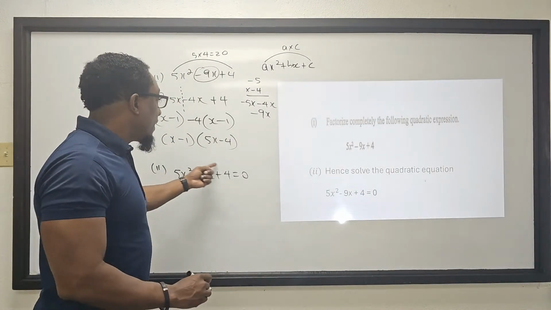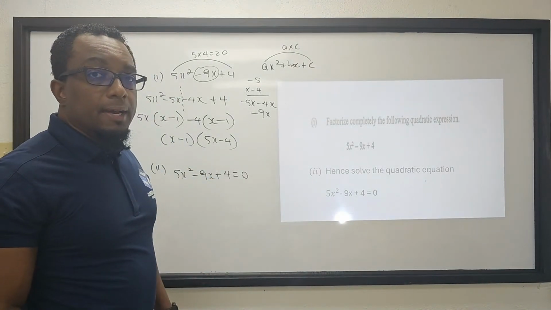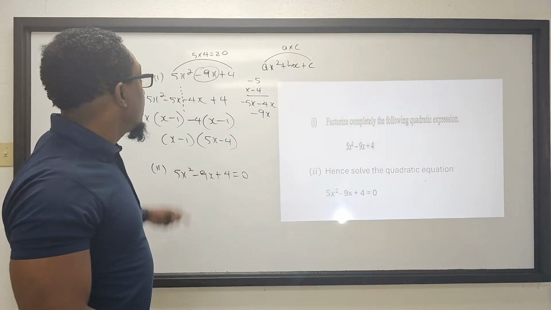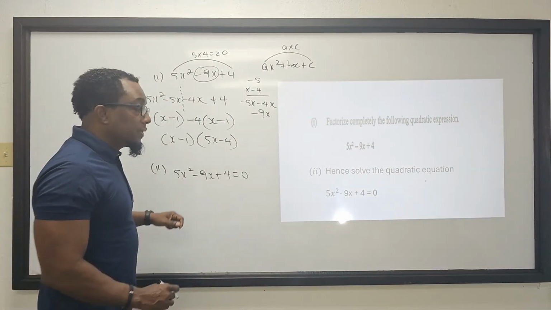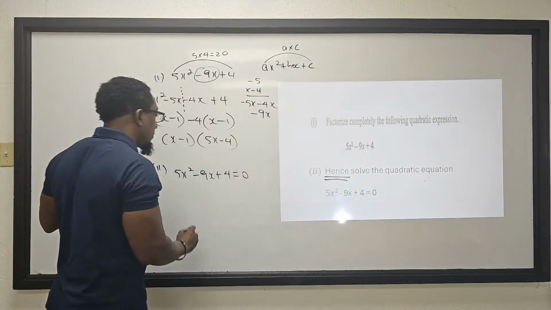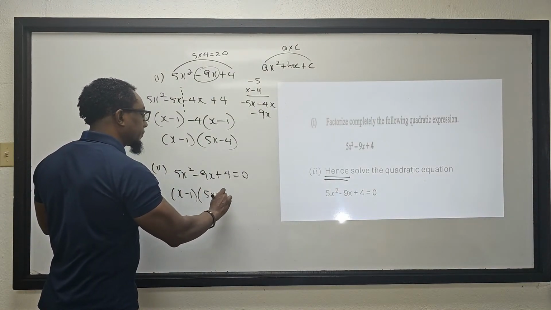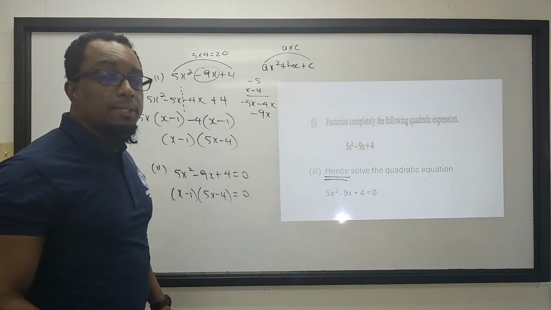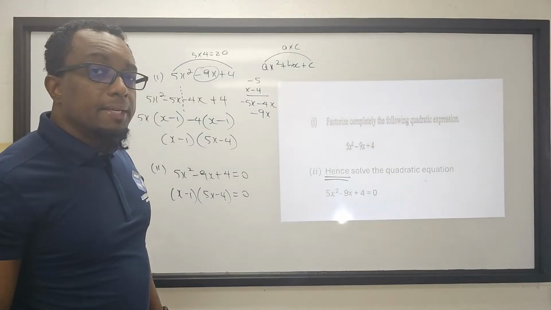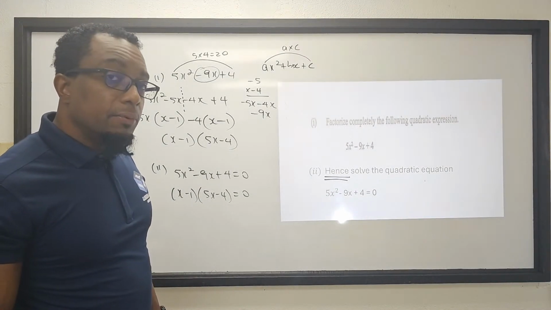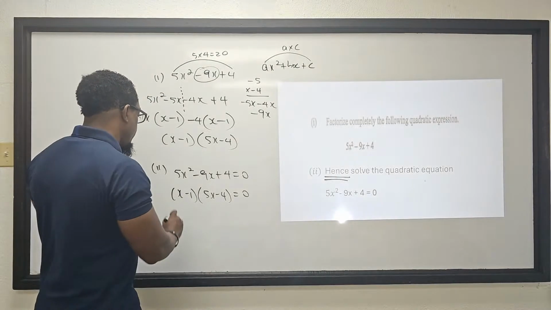I factorize the expression on the left in part 1. So you see the word hence. So I'm going to replace the expression with factors I got. Of course, maintain equal to 0. And let me solve to get my 2 values of x. I'm going to use my keywords, which are either